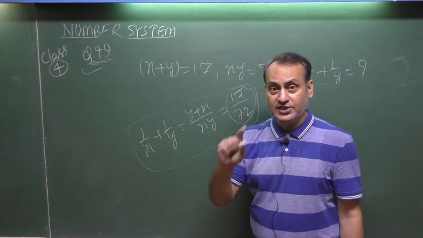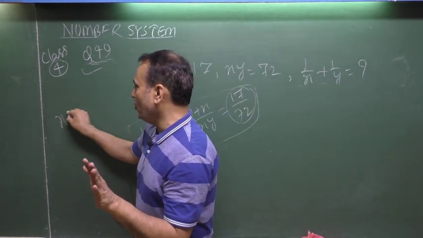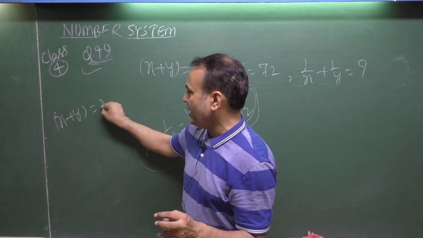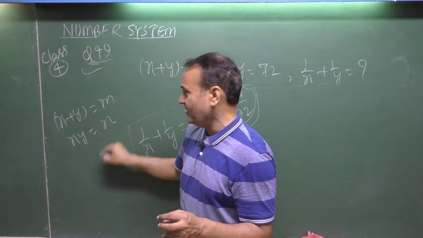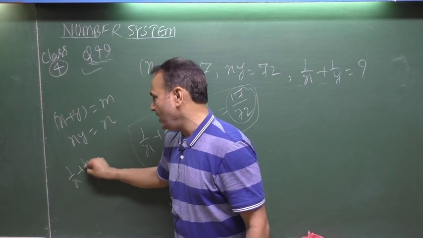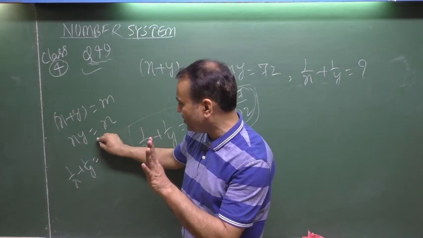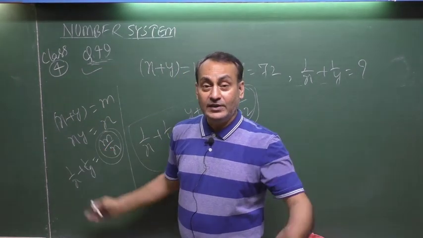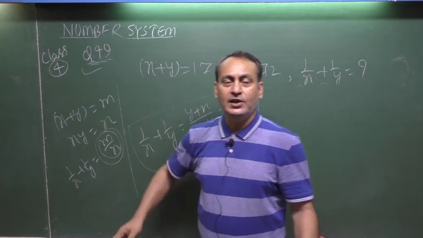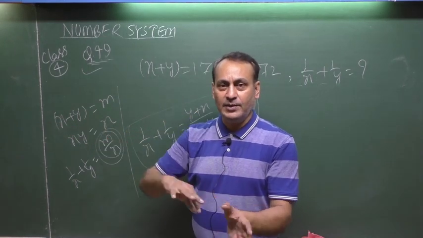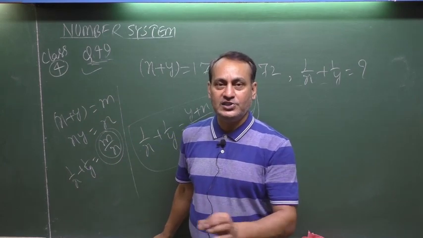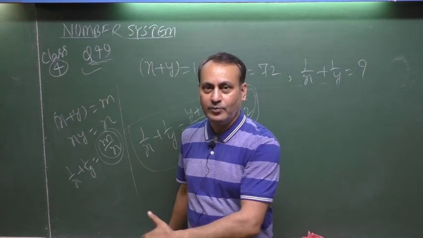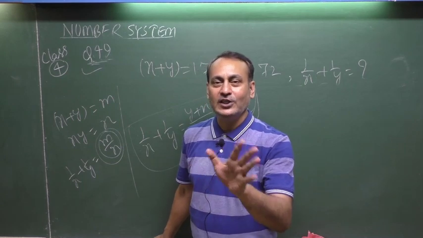That means whenever question says, listen to me, there are two numbers, x and y, and the sum is m, and the product is n. Find out the sum of the reciprocal of the numbers. That means you are certainly telling that is m by n. This is your answer. So easily. That means in such a case, whenever the question says there are two numbers and the sum is like this and the product is like this, and you have to find out the sum of the reciprocal of the numbers, you are certainly telling, firstly write down sum by product. Final answer you will be getting all the time very rightly.